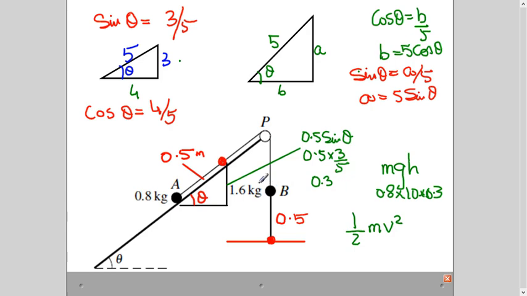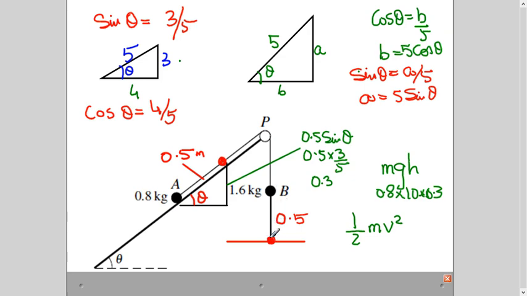Now let's look at this particle. When it goes down 0.5 meter, of course, the reference point I will take as 0. And this height I will take as the height when the potential energy was gained. So my mgh will be 1.6 into 10 into 0.5. Again, I'm telling you, your reference point is 0. So I'm taking it as the 0 reference point, 0 height here. So this height will give me gain and this height will give me 0 potential energy.